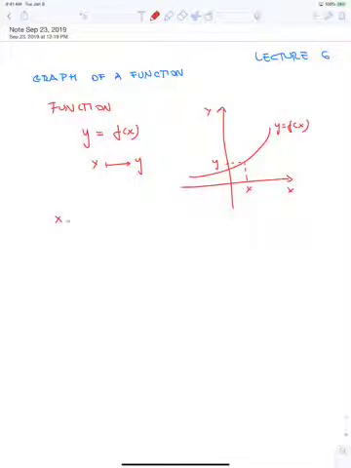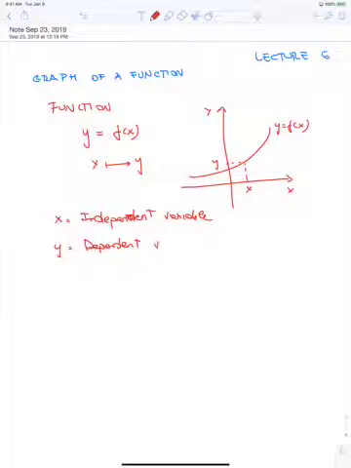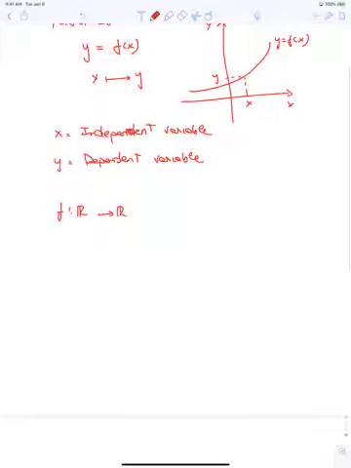Now, x is the independent variable, and y is the dependent variable, because it depends on the relationship that we define between the two variables. In general, we're going to look at functions from the set of real numbers to the set of real numbers, so functions in one variable. And it's important to define the domain of a function,